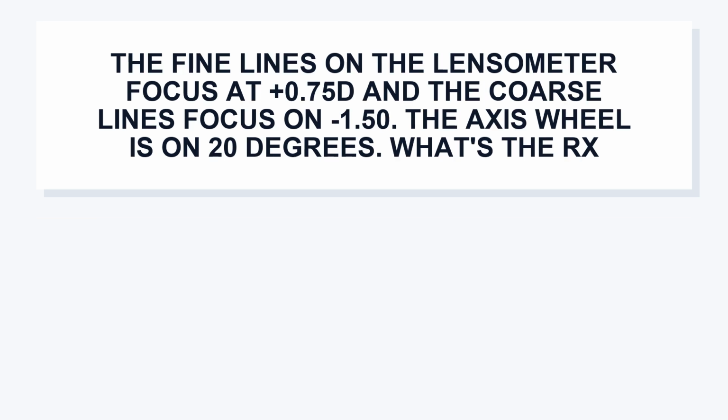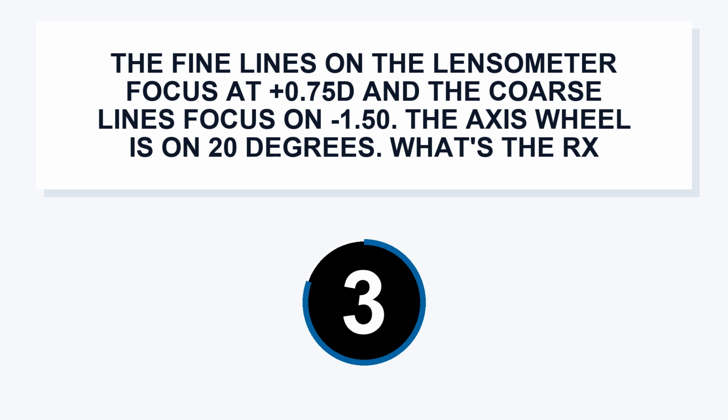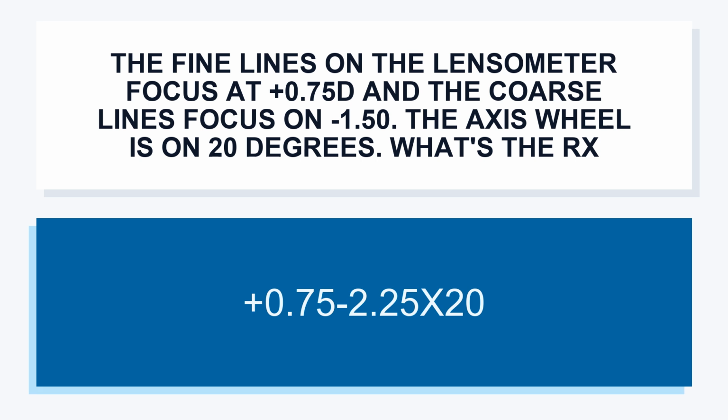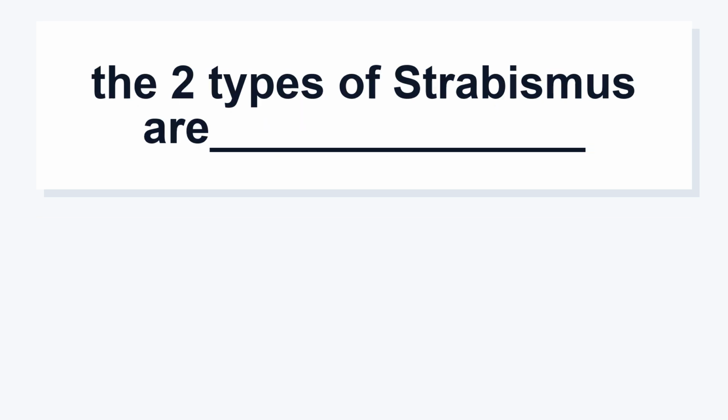The fine lines on the lensometer focus at plus 0.75D and the coarse lines focus on minus 1.50. The axis wheel is on 20 degrees. What's the RX? Plus 0.75 -2.25 x 20. The two types of strabismus are: